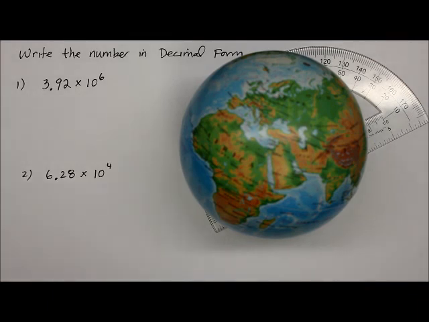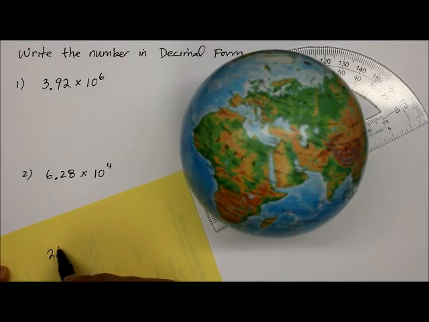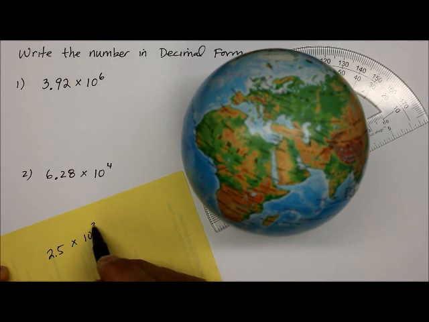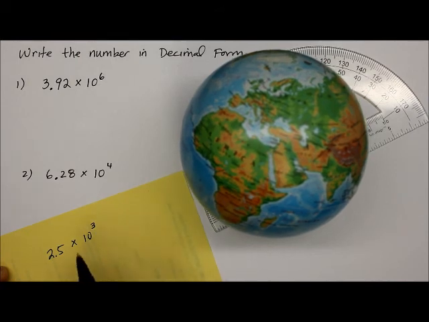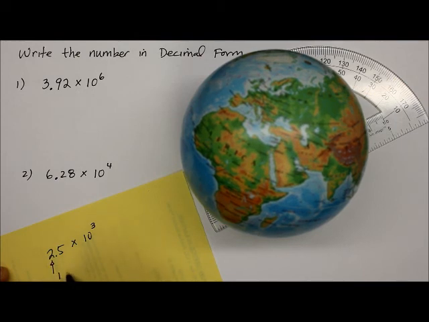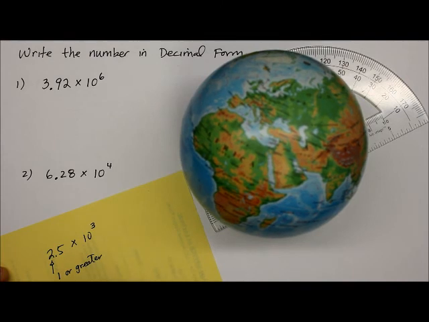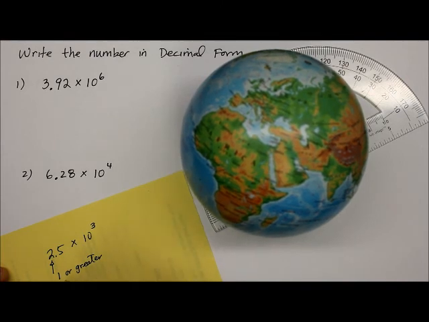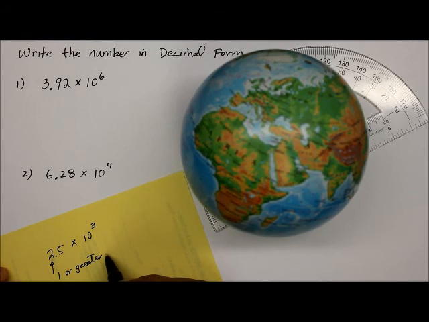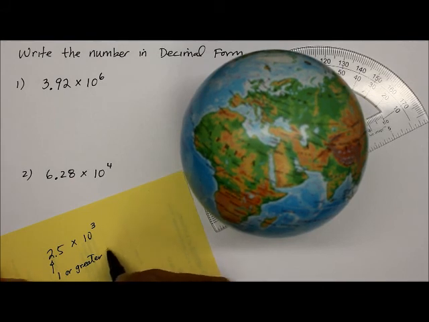Hi. This instructional video is all about scientific notation. Look at number 1. For example, let's say 2.5 times 10 to the third power. As scientific notation, the number must always be 1 or greater, because we're talking about how big or how small things are. So we don't have negative numbers. Okay? So it's got to be 1 or greater than 1, but it's got to be less than